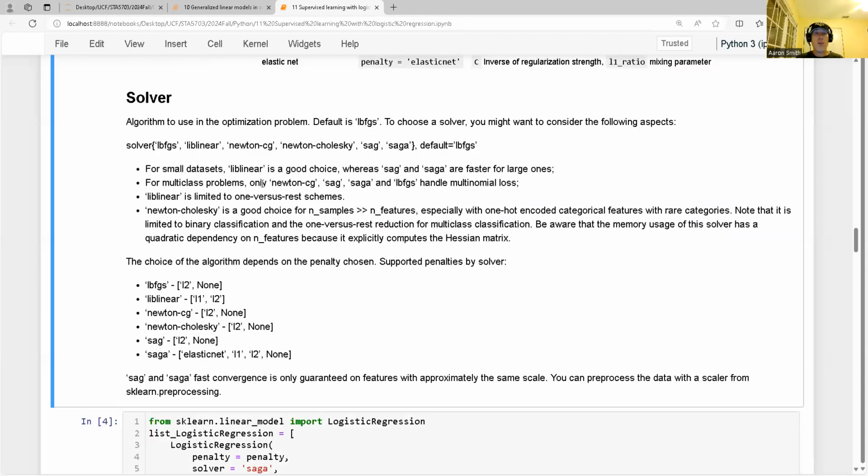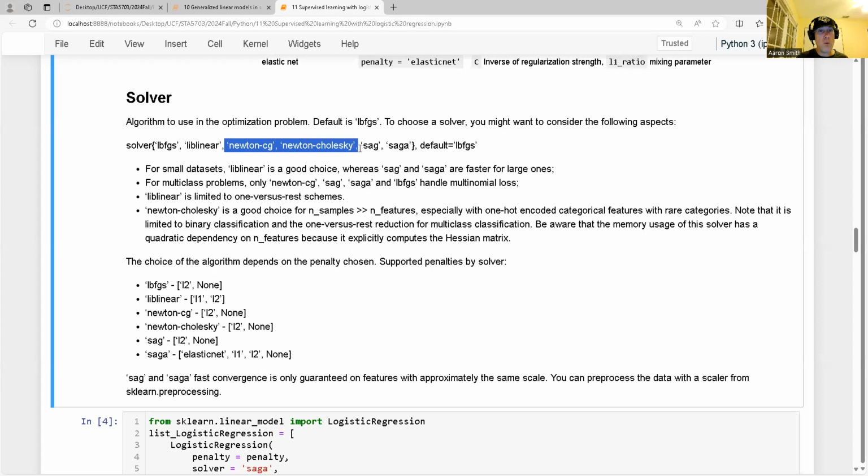All right, so now we need to talk about the solver. The solver is just the parameter for how scikit-learn in Python is going to actually execute to figure out what the coefficients are going to be. We have several choices. We have LBFGS, which is the default. We have liblinear, which is a good choice for small data sets. We have Newton CG